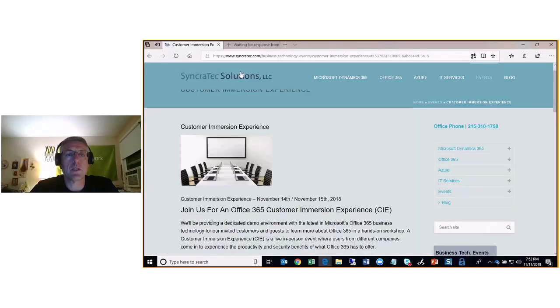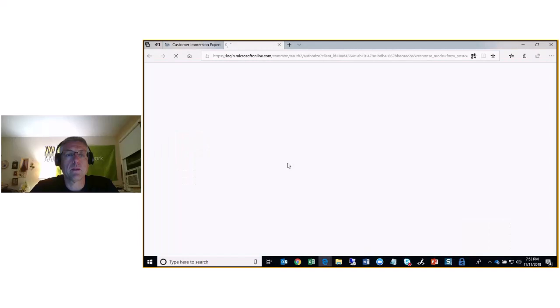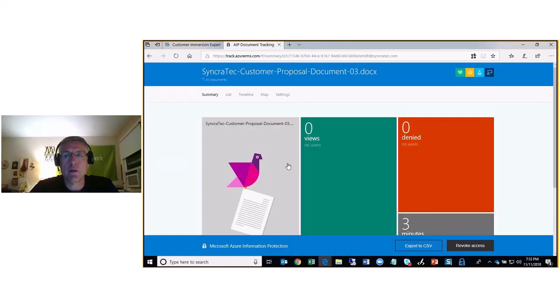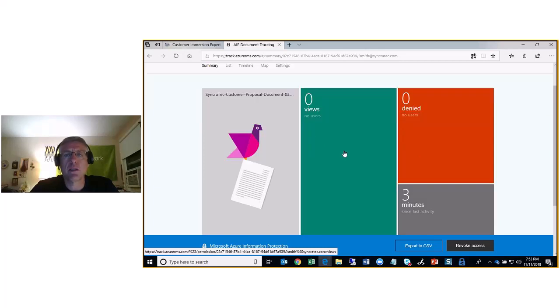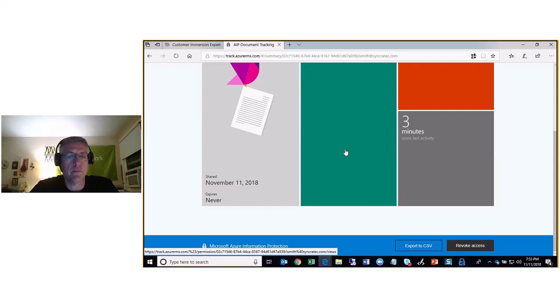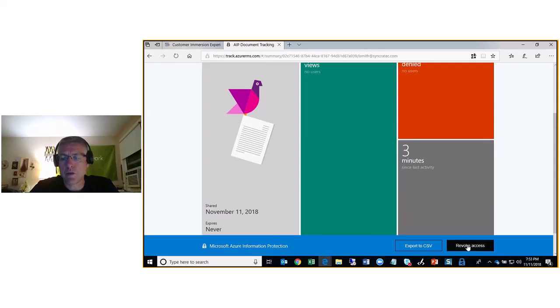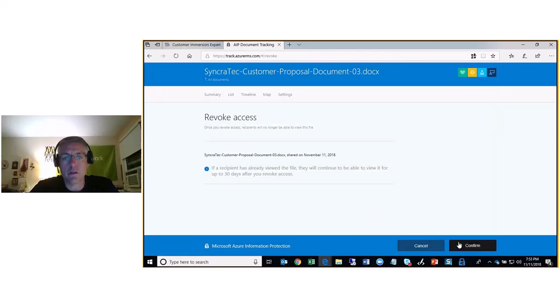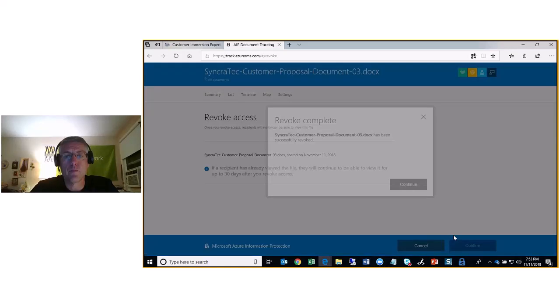So you see it's specific to this document. Signs me right in. Now nobody has viewed it yet. It's been 3 minutes since I sent it. I'm not sure about that, but what I could do is revoke access to that document, and they will no longer be able to view it. So boom,